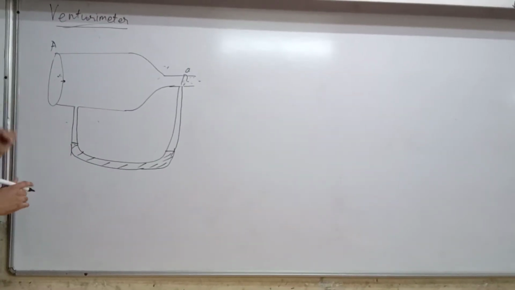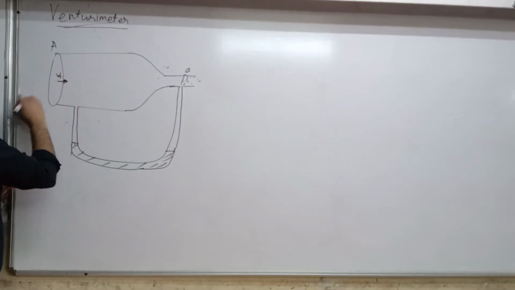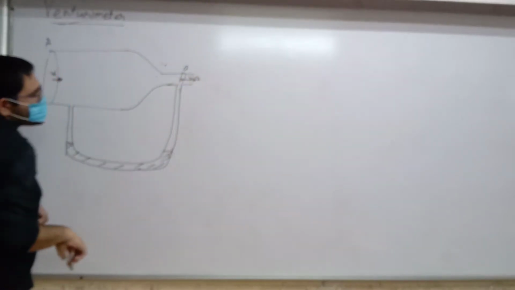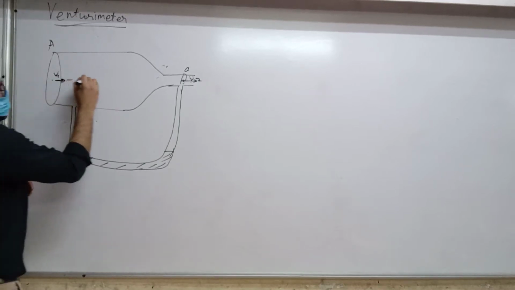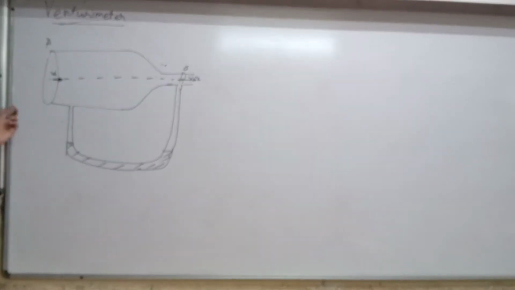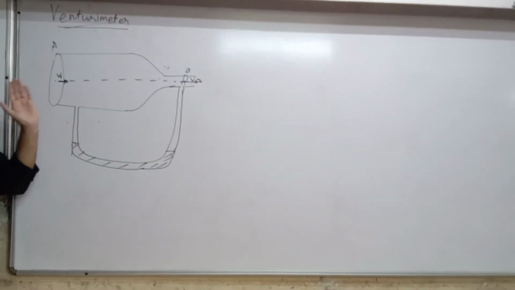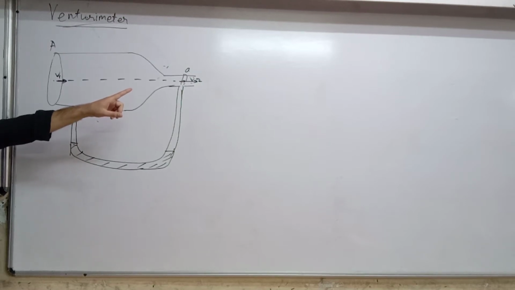Now let's say the fluid is actually moving. Here its speed is V1 and over here its speed is V2. Try to recall: at which place is the speed more? Will the speed V1 be more or will the speed V2 be more? V2. V2 will be more. Clear? Who understood that? Raise your hand please.